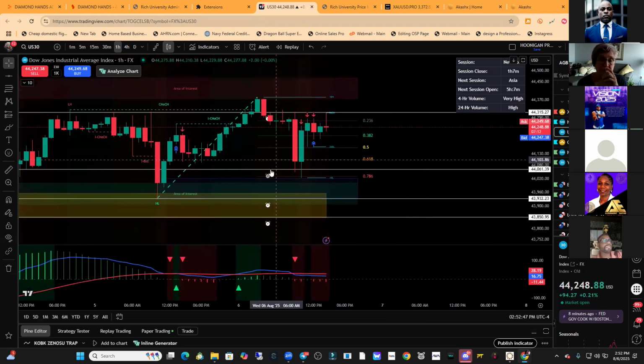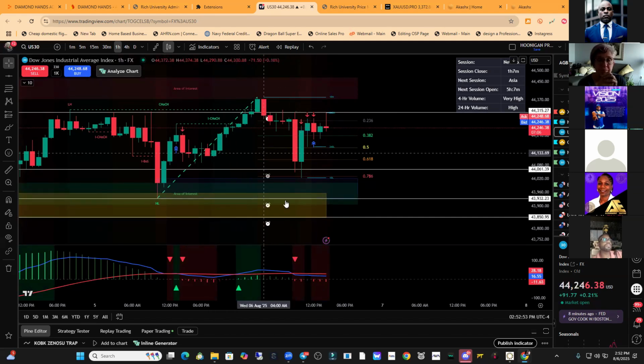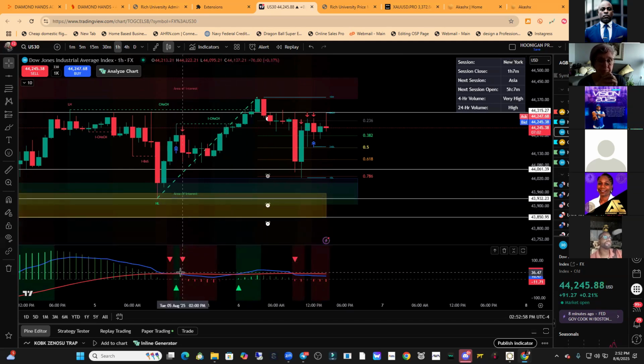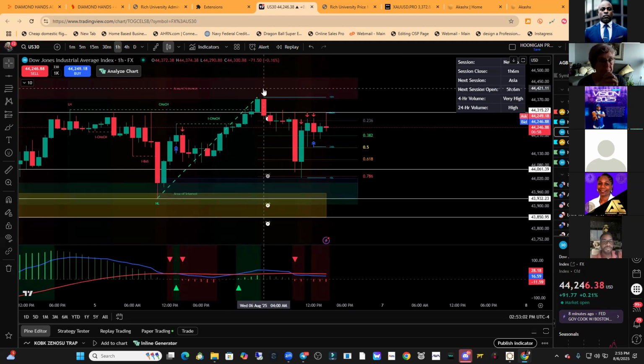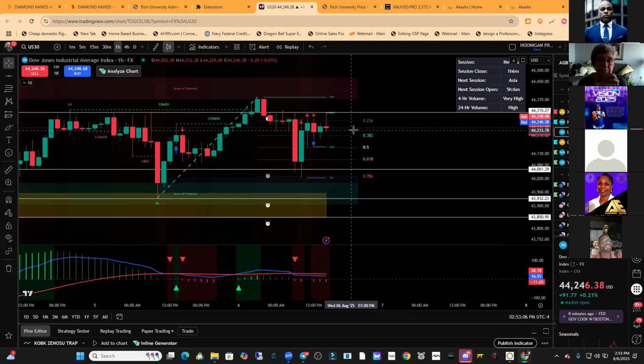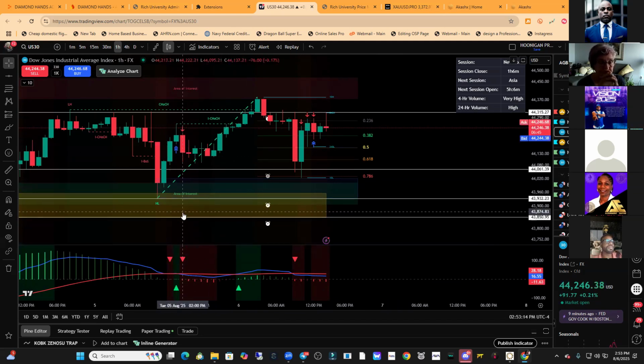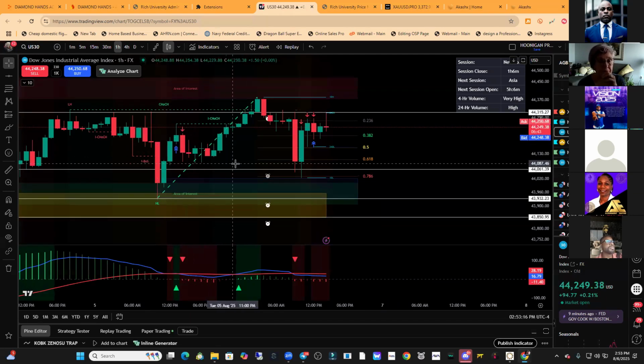Because for those who don't know, with this indicator right here, it marks up the zones for you automatically, giving you your area of interest for your sell zone and your area of interest for your buy zone. So what comes down here must go up here, and what comes here must go here. Then you have Fibonacci on here as well. But this indicator, for those of you who have it and understand, it's not for everybody. When you combine both of these two, it lets you know when to get in the market in between the